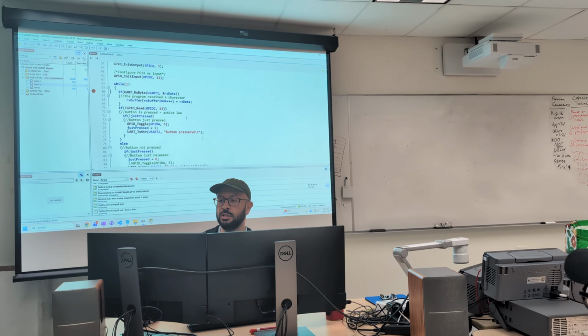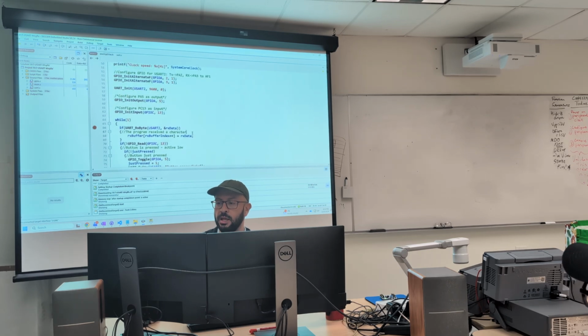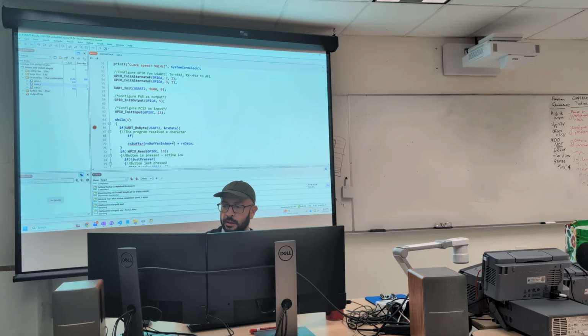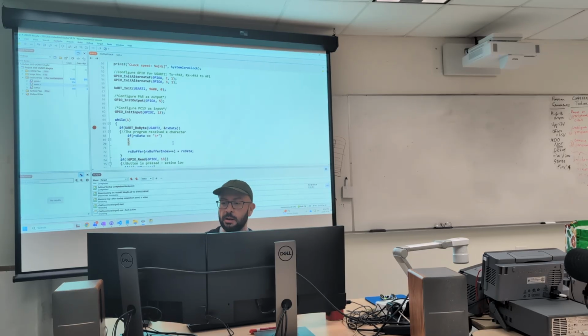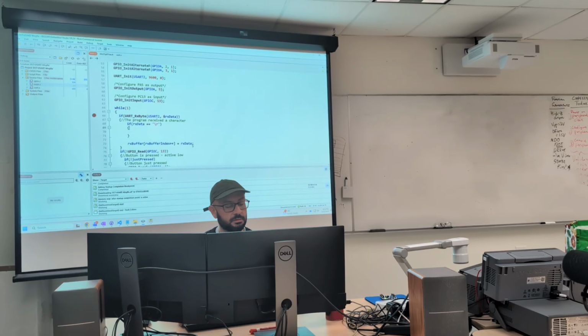So then we're gonna change this program in such a way that we do this. We're going to say if the character that we received equals what? \r. Be aware that you could put a 13 there, you could put a 0xd, whatever its equivalent, because at the end of the day, that's an ASCII code, right? But I'm just going to use the \r to make it more self-explanatory.